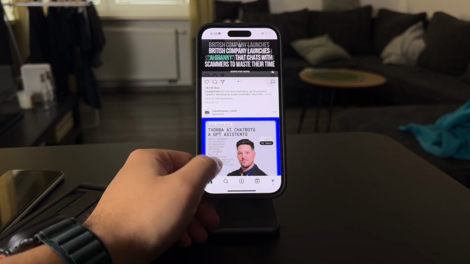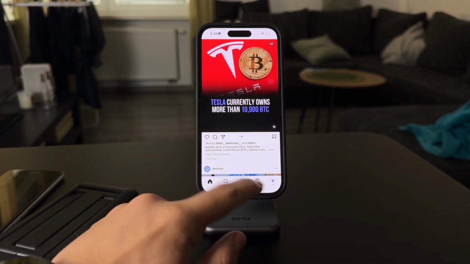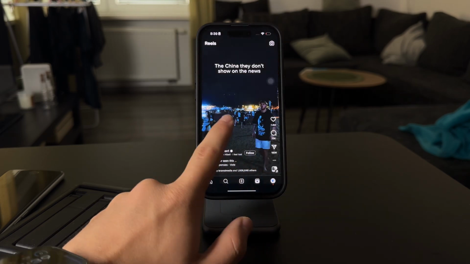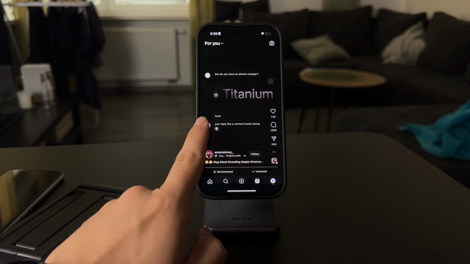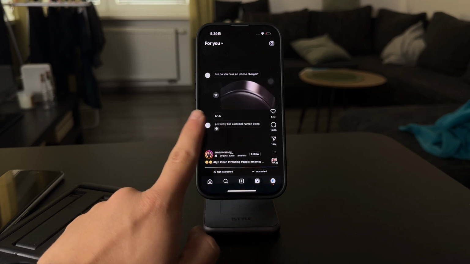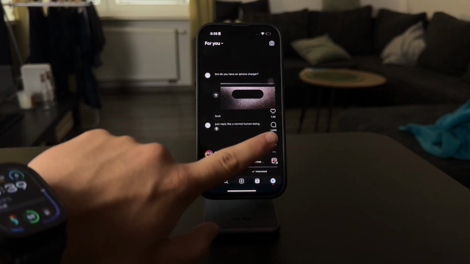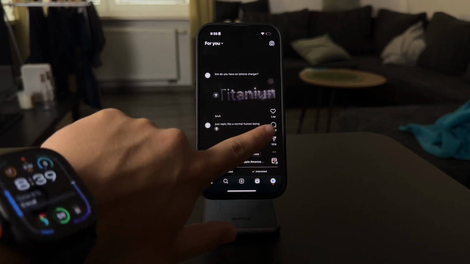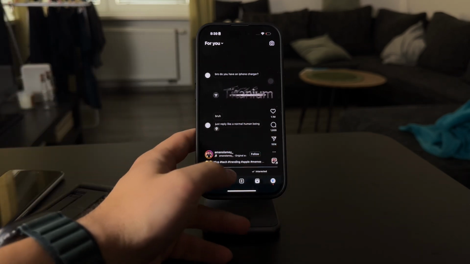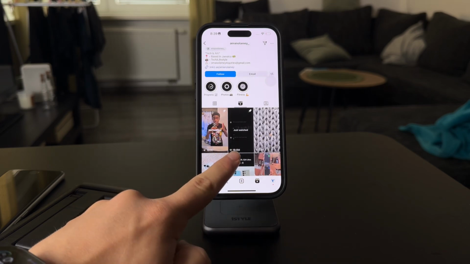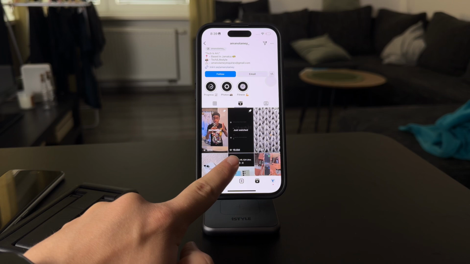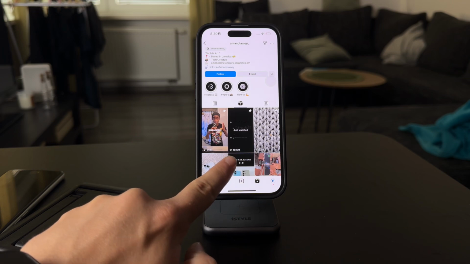So in case you check it out for a reel, you go ahead and go to the reel section. You're gonna find out that you can see right away that this post has a couple of million likes, comments, shares, but you cannot see the views directly. However, you can go to their profile and check it out there, and here we have the views button as well. So you can see that this video has received like 19.6 million views,